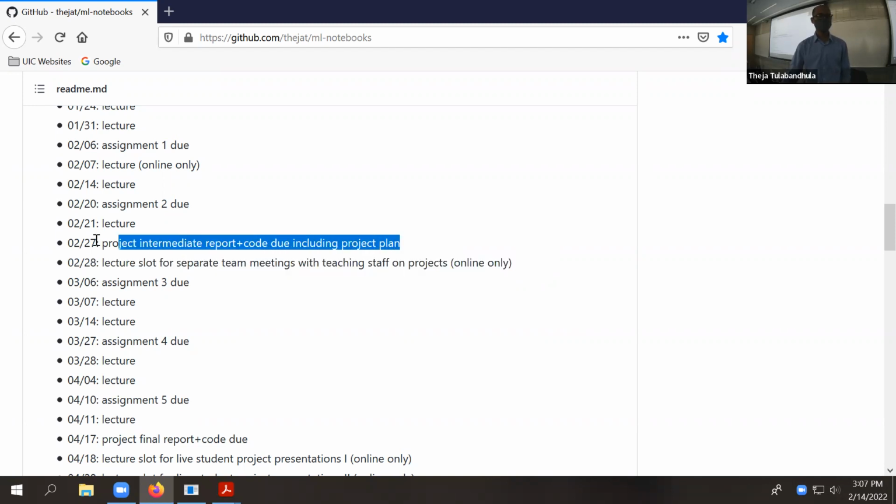Which is basically an intermediate report and code if there's accompanying code, including a project plan. Project plan just means from Feb 28th onwards, what's your agenda for the next 8 weeks or so? There's going to be the 4 of you, so who's going to do what is going to be explored. Maybe there are some ambitious things, maybe you'll drop them depending on if you have bandwidth or not, but you want to plan your sequence of steps. Planning is important so that you can hold yourself accountable in case you're lagging behind by a week or so. You can make that out by having a plan beforehand.